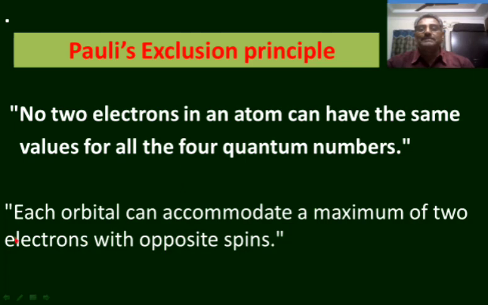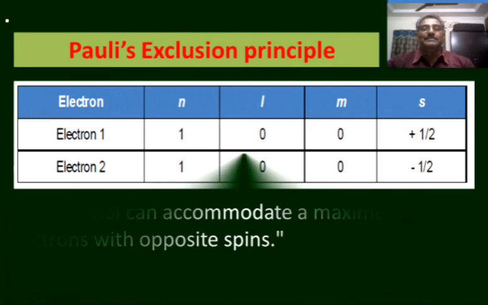According to this principle, each orbital is limited to 2 electrons only. The entry of a third electron is excluded as the third way of spinning is not possible. Because of that, this principle is known as the exclusion principle. This was proposed by Pauli, so this principle is called Pauli's exclusion principle.